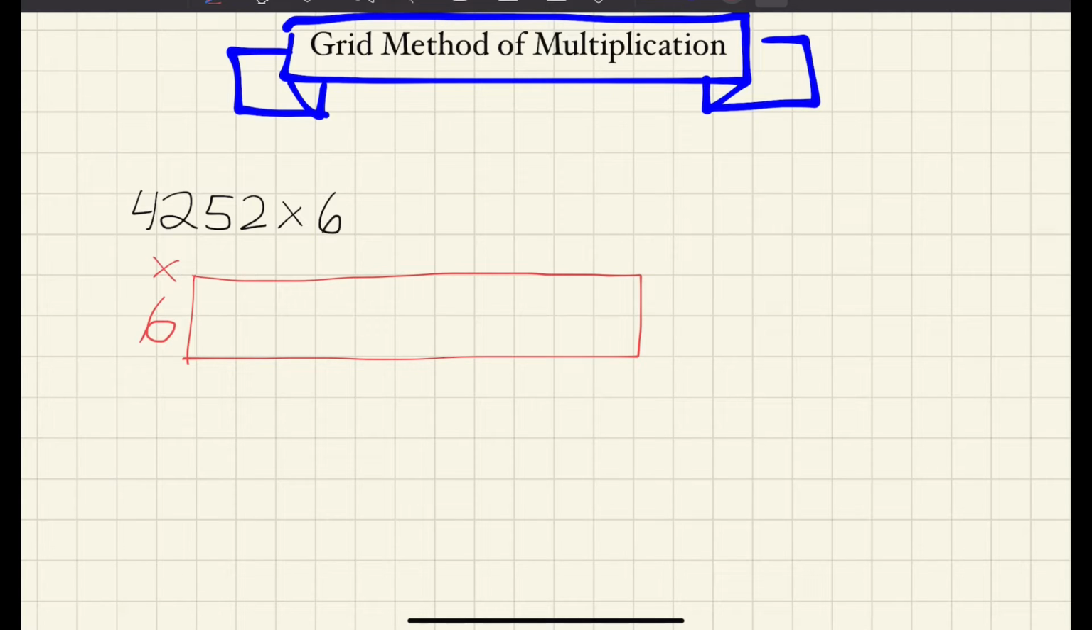Now, this number, 4,252, I can partition into 4 different numbers. I can partition this into the 4,000s, the 200, the 50, and the 2 that's left over. So what I'm going to do with this particular